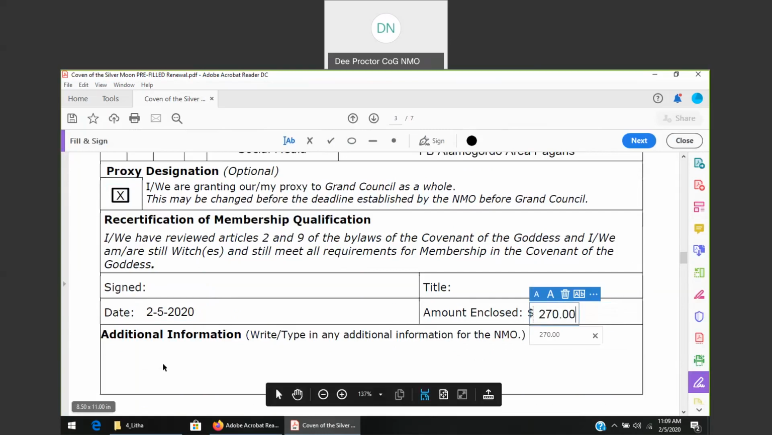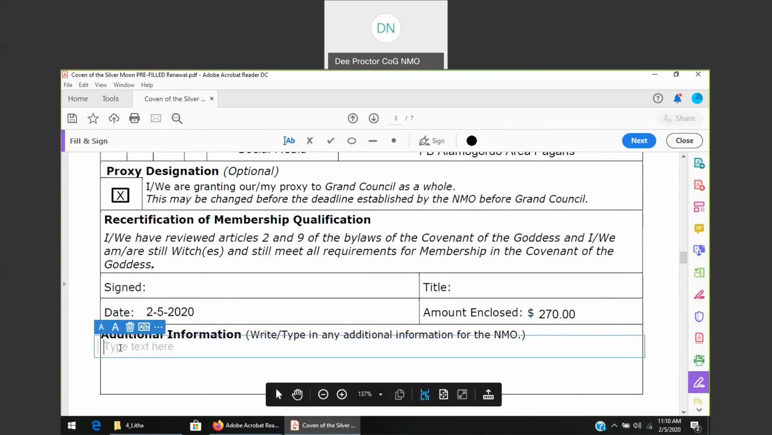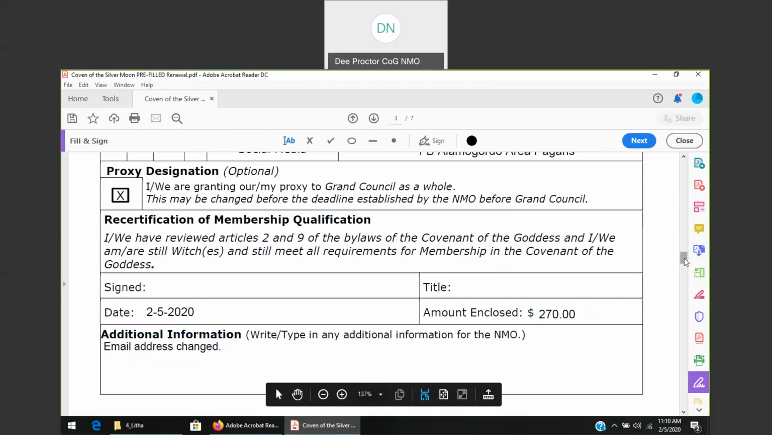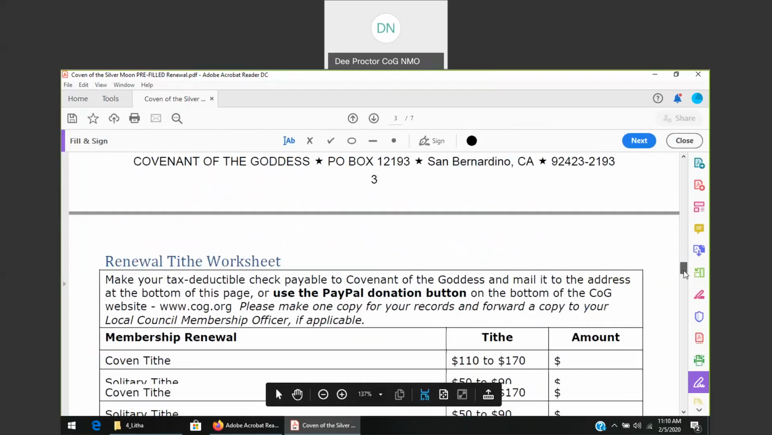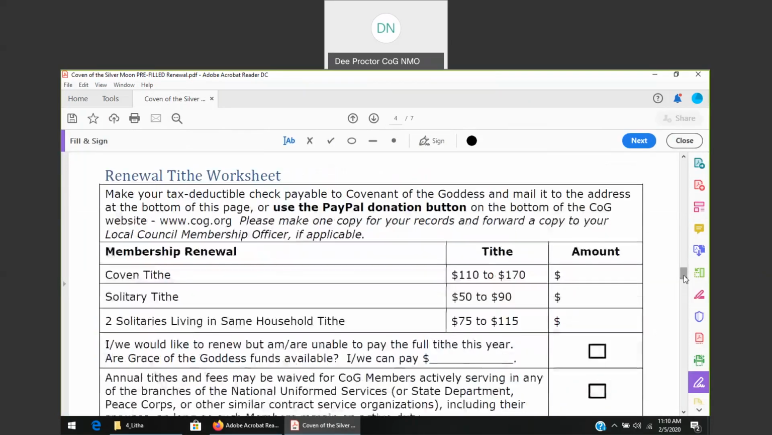If you wanted to put a note to me here, you could. This is the information for the NMO on anything that you've changed. You could put in here, like for instance, since I didn't highlight that text and change the color, I could put in here email address changed. So as you can see, you can just pretty much put that little cursor anywhere you would like. So again, we'll put on 70, and then